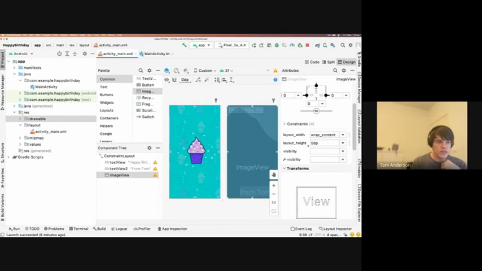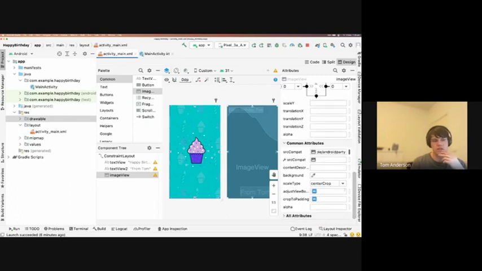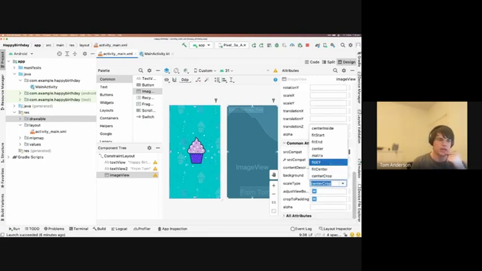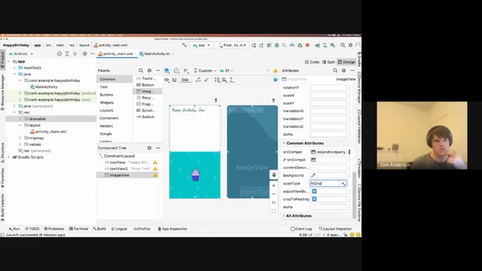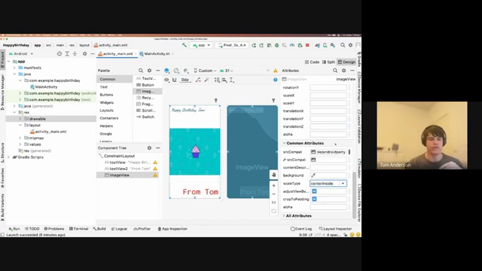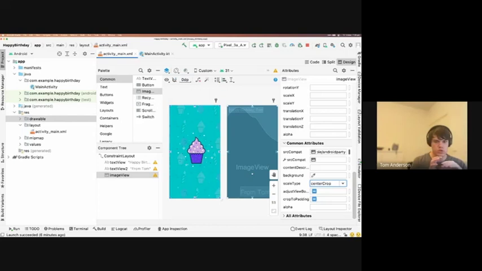So yeah, if you set the layout height to 0 dp, so it's just kind of a constant, so we know what it is, and the scale type to center crop, it'll take up the whole screen. You can try a few other values for this if you wanted to see what they do. It pretty much just changes how it will fit on the screen. Since this image isn't the exact correct size, it needs to play around with it a bit. So doing center crop will make sure that it fills the screen, which is